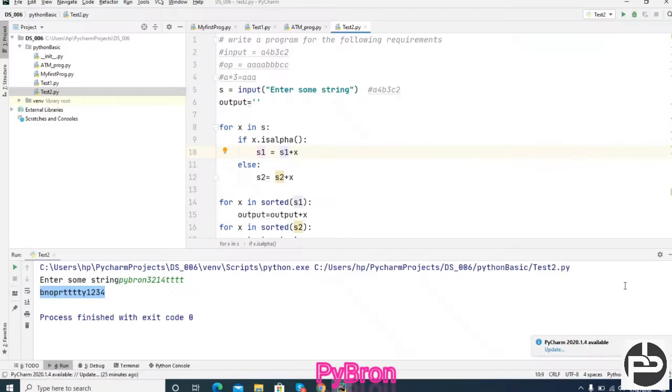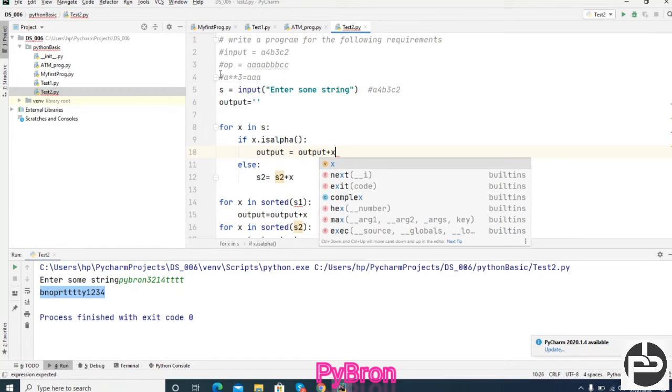Yes Sonia, correct. Once it is an alphabet, what you have to do is append to that null string: output is equal to output plus x. Done.